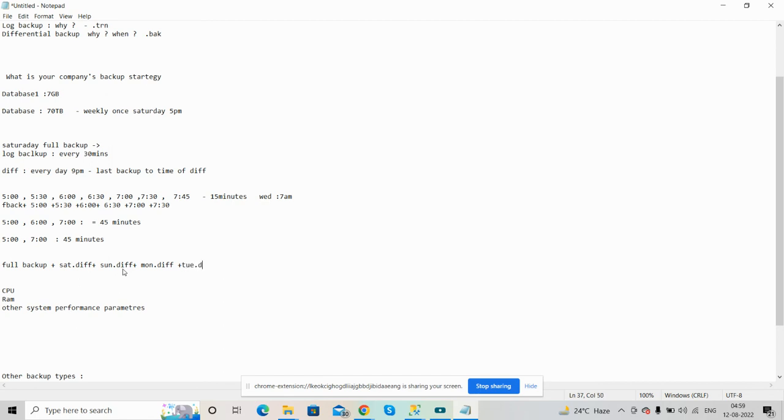Tuesday differential will restore. Our system went down on Wednesday morning. So we don't have Wednesday differential because it will run at the night time, 9 p.m. But it crashed in the morning. So after you run Tuesday differential, that was at 9 p.m. I'm saying the differential took 9 p.m., right? So if the differential was taken 9 p.m., then if I leave it up to here because we don't have another differential, how much data loss would we have? 10 p.m., 11 p.m., 12, 1, 2, 3, 4, 5,